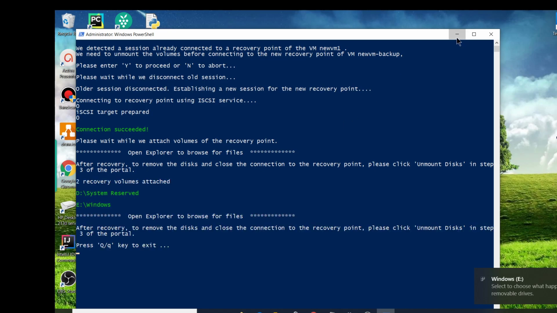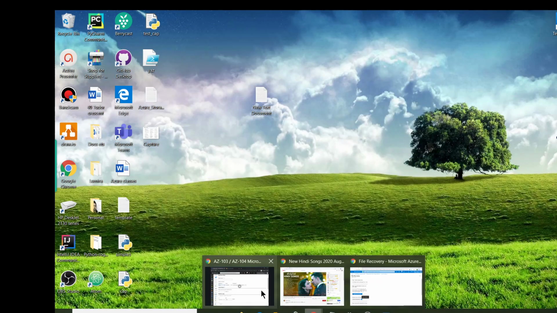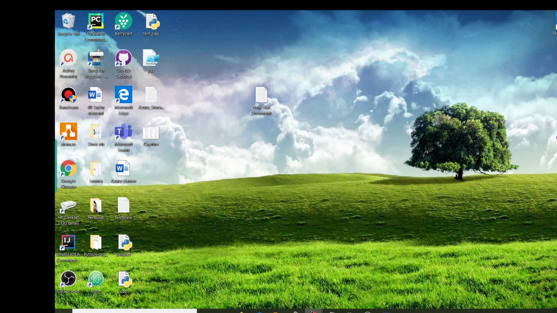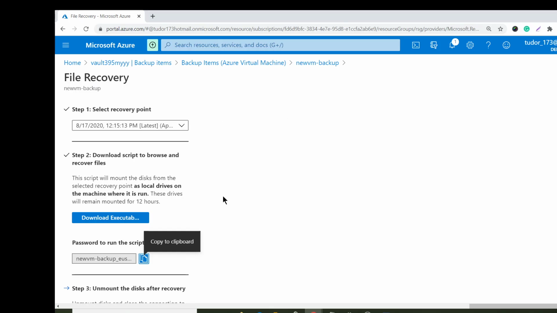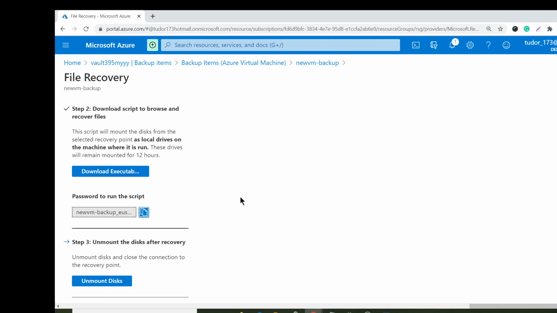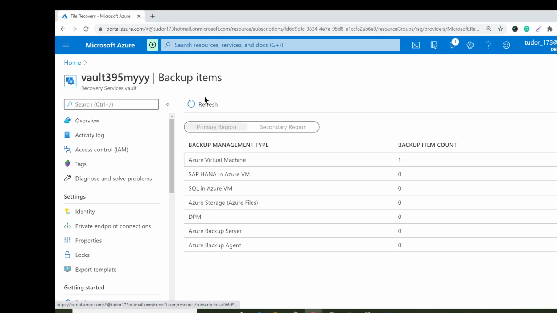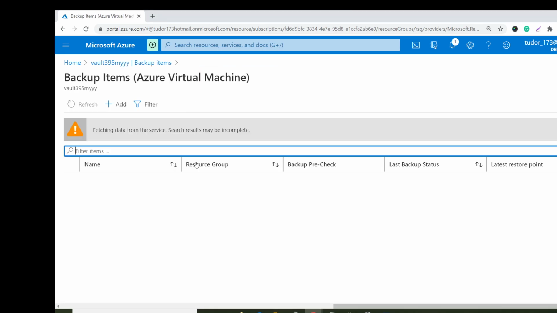You can go back, where is it, sorry. See, this is how you can do the file recovery easily. After you do that, you should unmount the disk. The disk has unmounted successfully. So this is how we can do the file recovery. Let's go and look at